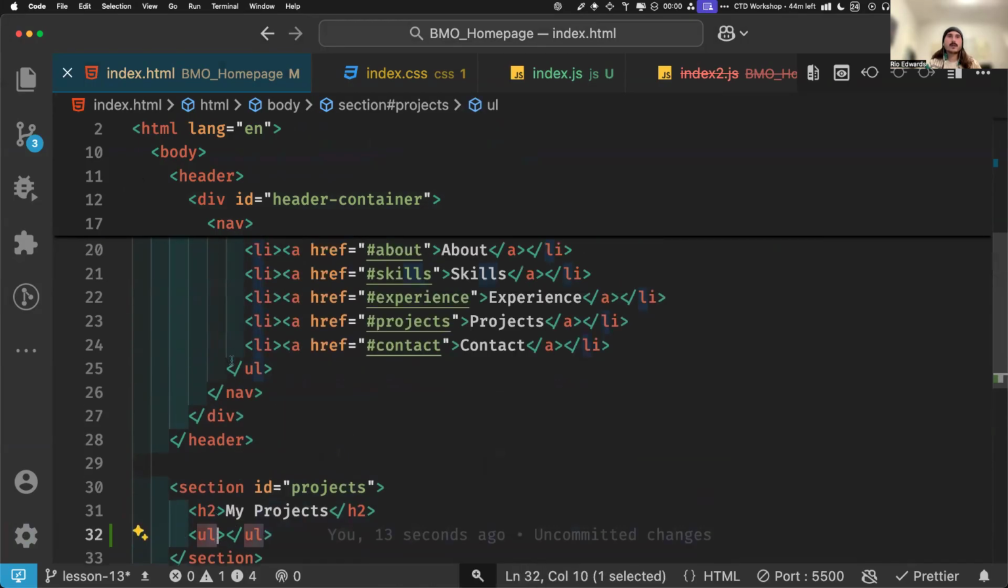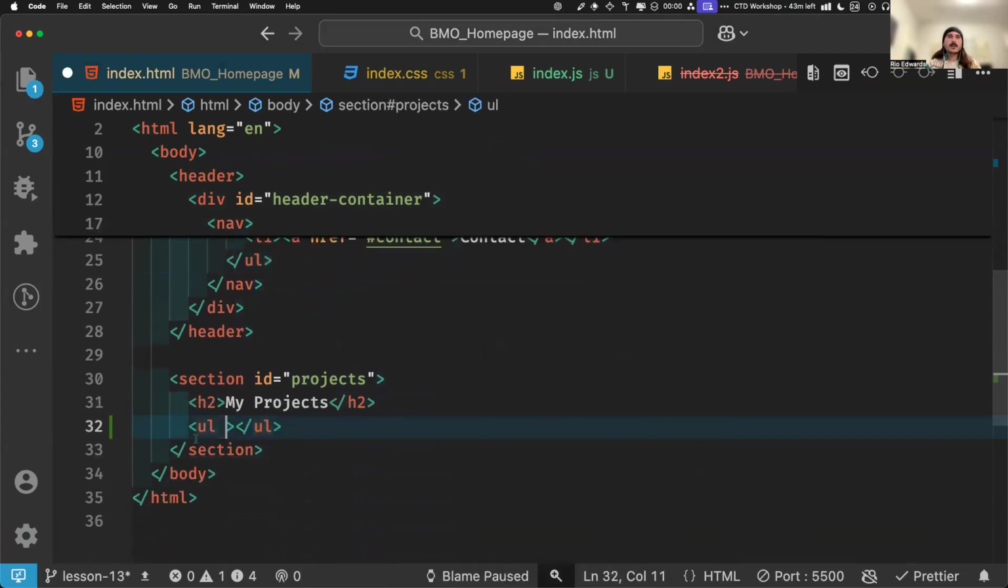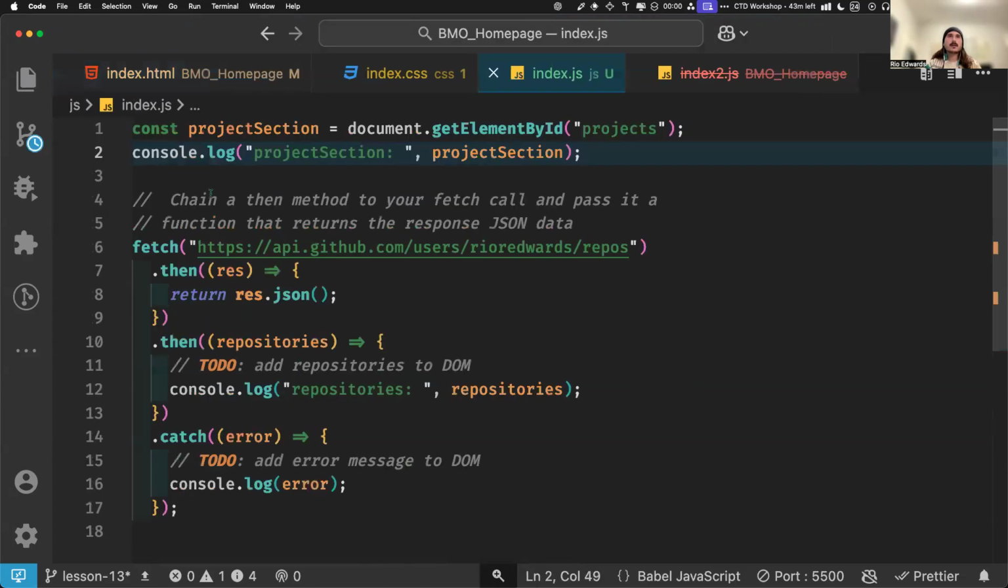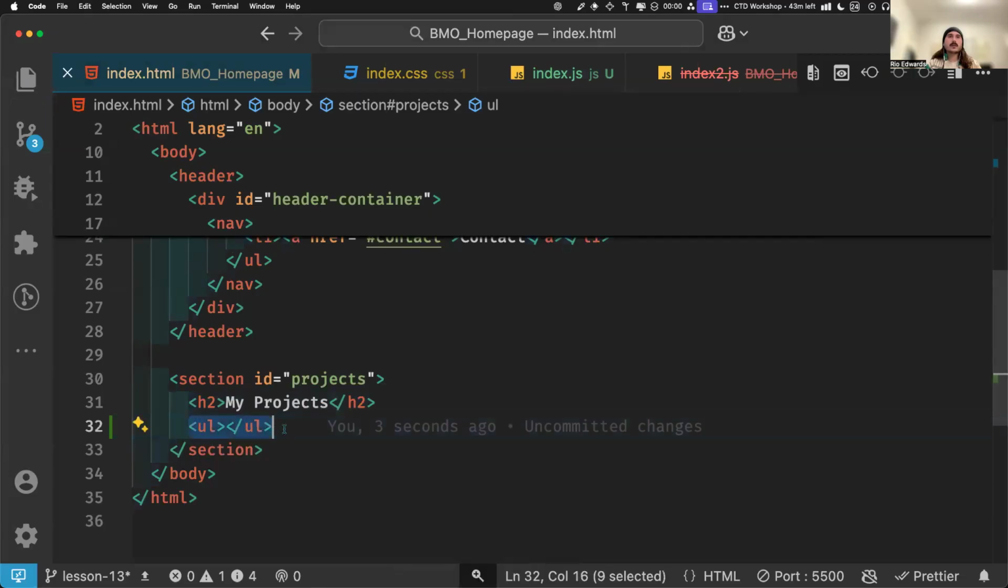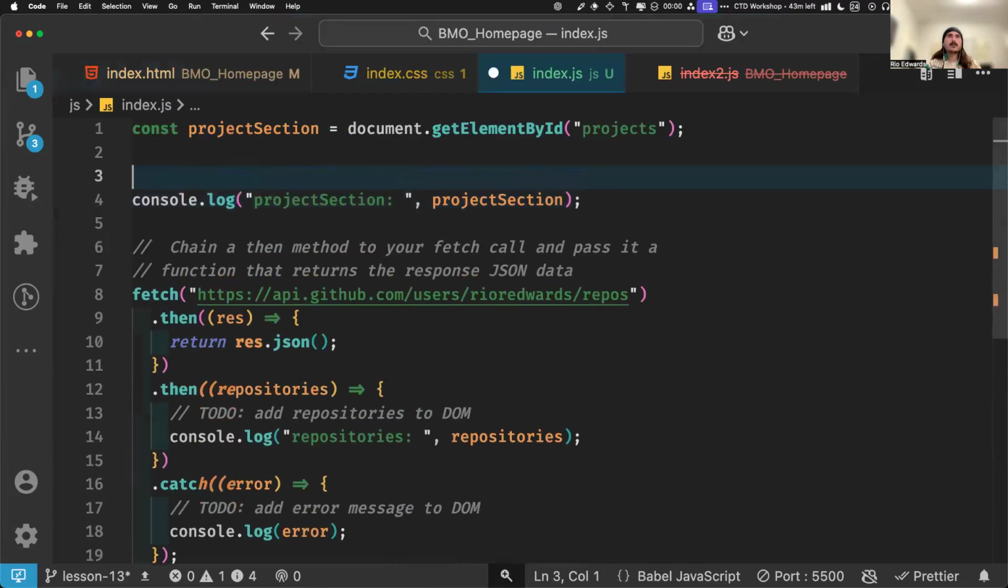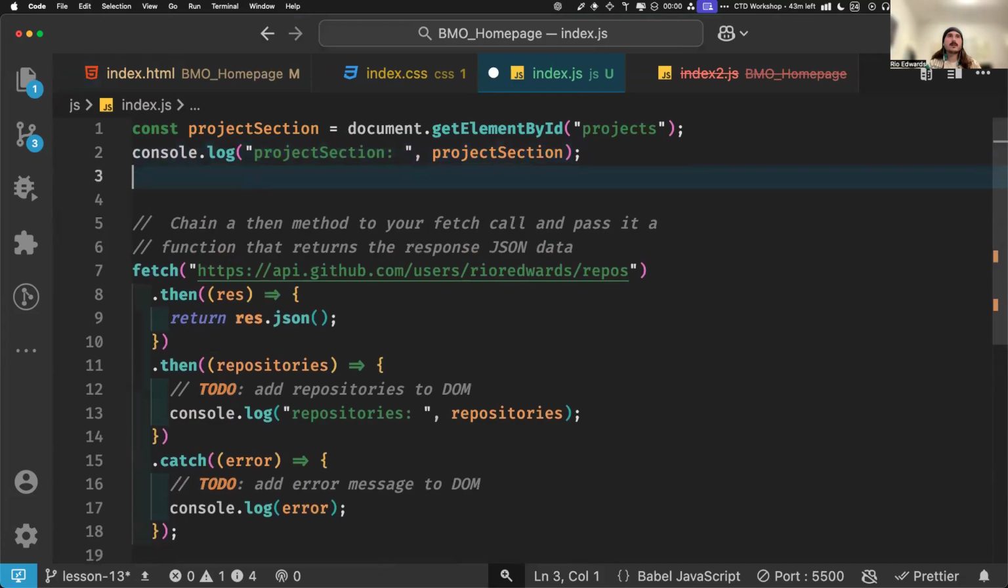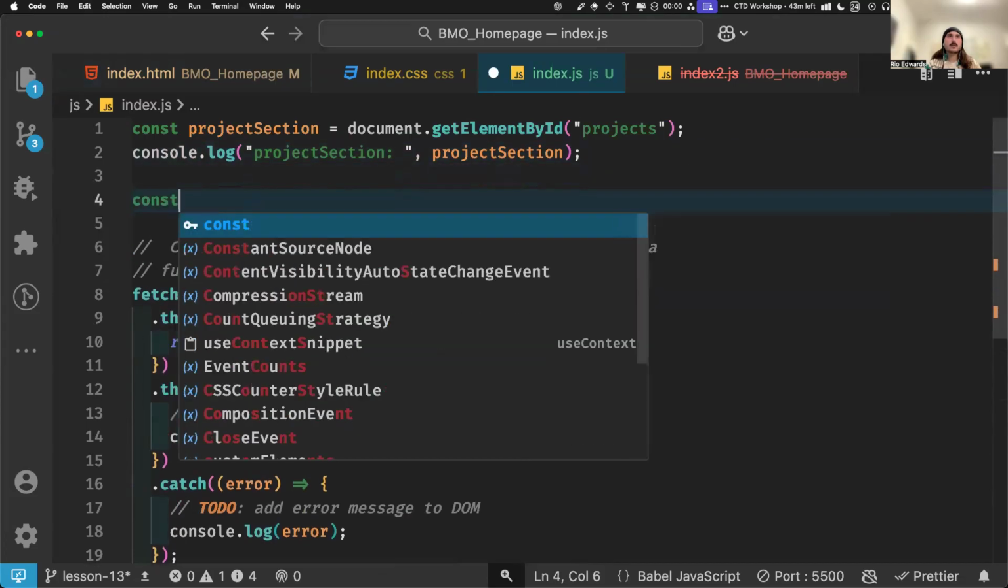If we had a bunch of unordered lists, which I actually do have one up here, unless you add IDs to them or something, it's nice to be able to, there's a bunch of different ways to select things. And if you select the parent, then you can select the child of any element more easily. So we have this project section, and now we can select the unordered list inside of it by doing this. So project section we got. Now I need to get the unordered list. So const